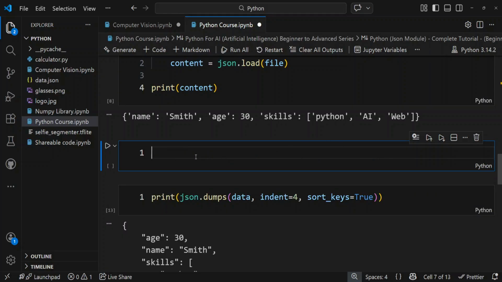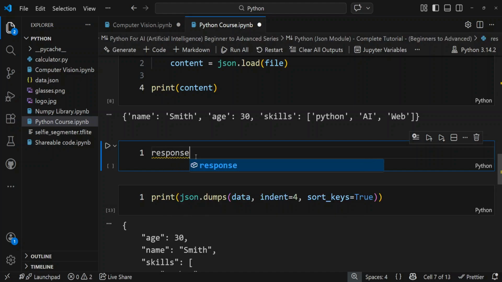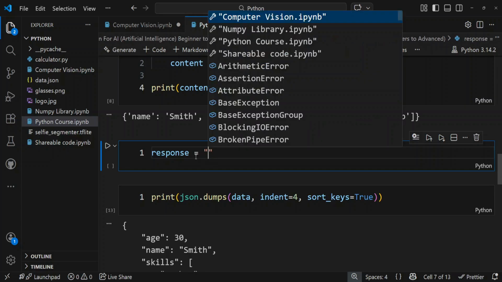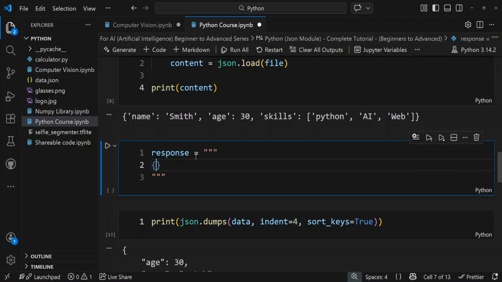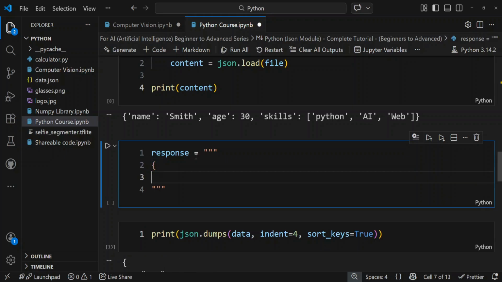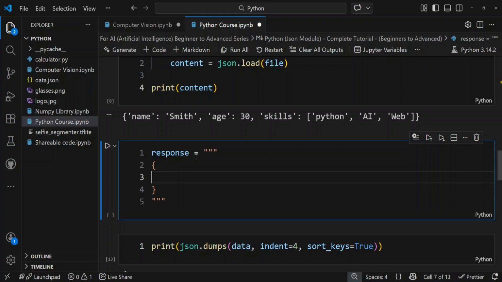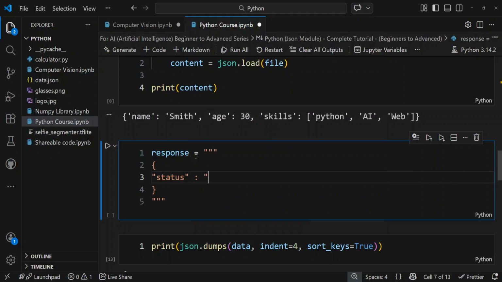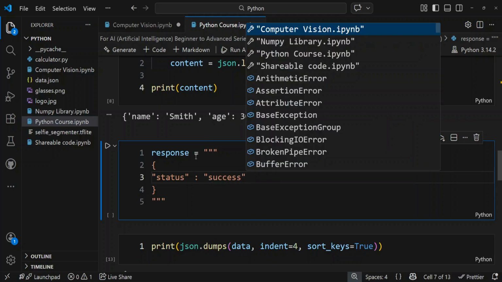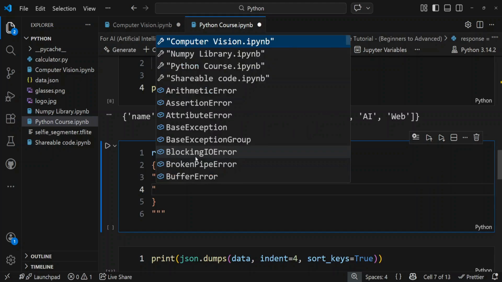Let's say we have a string JSON. Let's say response is equal to, and we want to create a string JSON. First, for example, we received a string JSON. So then we will have to convert it into a Python dictionary. Let's say we have a status, and status is success, and then we have user,